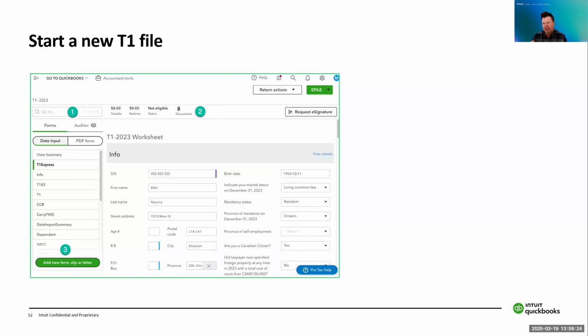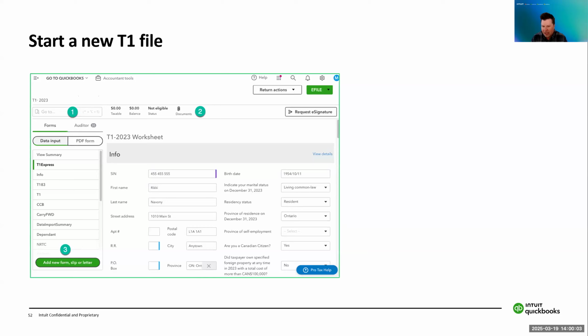And note that when you're attaching documents, in the general sense, these documents do not transfer to the CRA. So you can attach any documents that you want to. There are specific examples of forms that you are filing, that you're sending to the CRA, that may be part of the forms expert, things like that, where you can have the documents attached and sent. But in general, in a T1 tax return, these are not sent to the CRA. So they're just for your own personal or your clients' or your team members' personal use when doing the tax return.